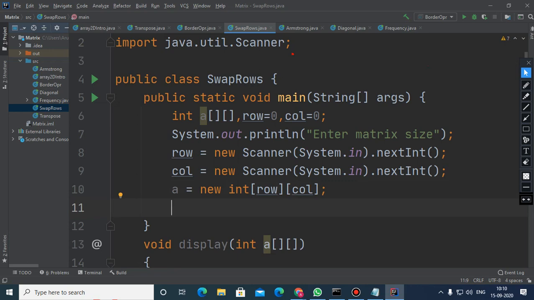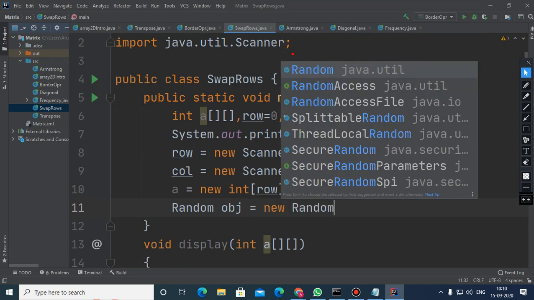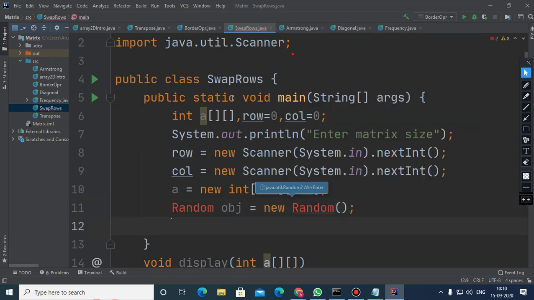But I don't want to fill it manually, I want to use the Random class. So Random, and in order to fill that, simply you need to run that loop.